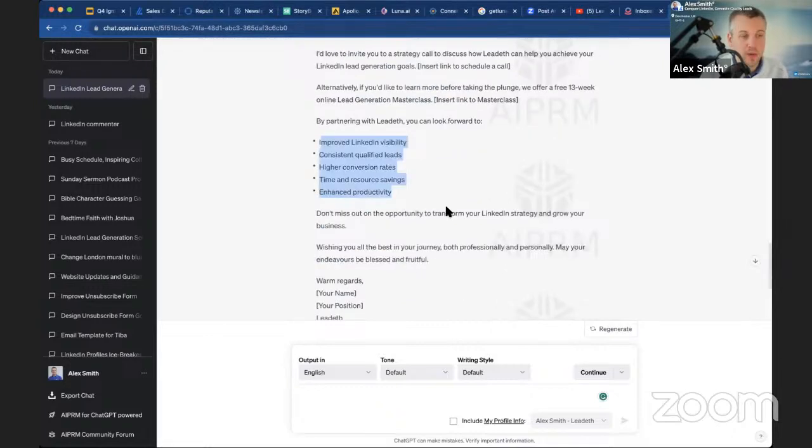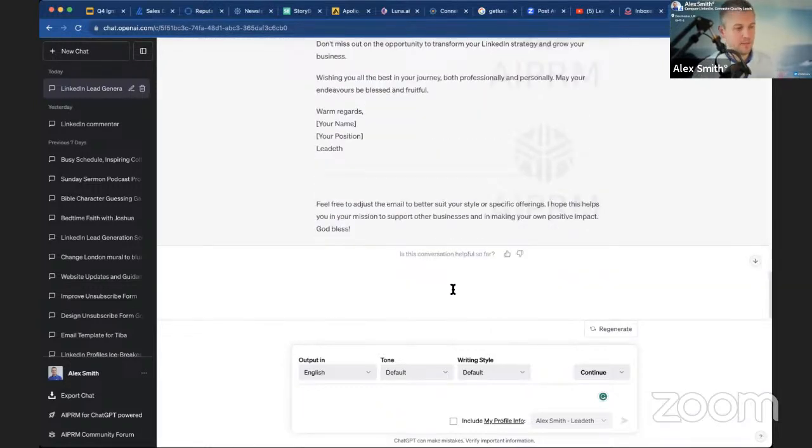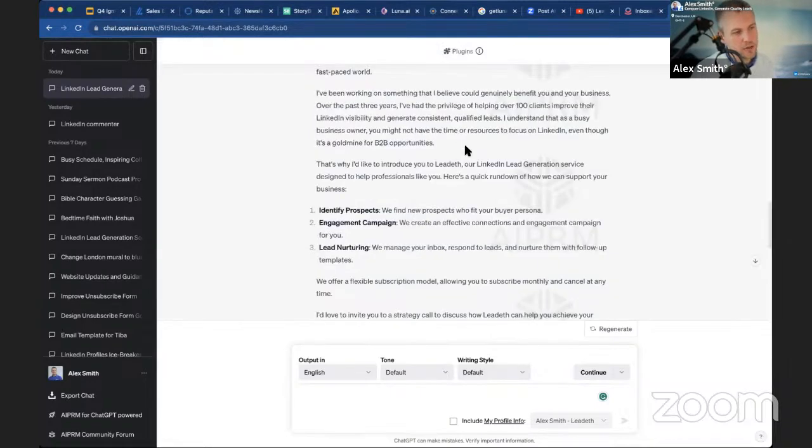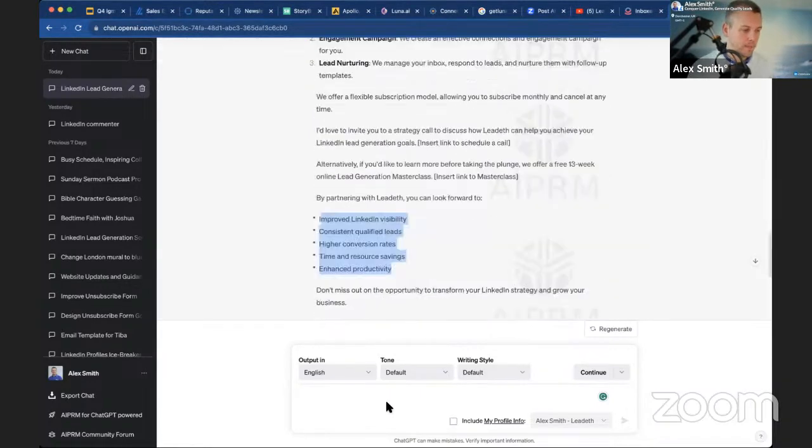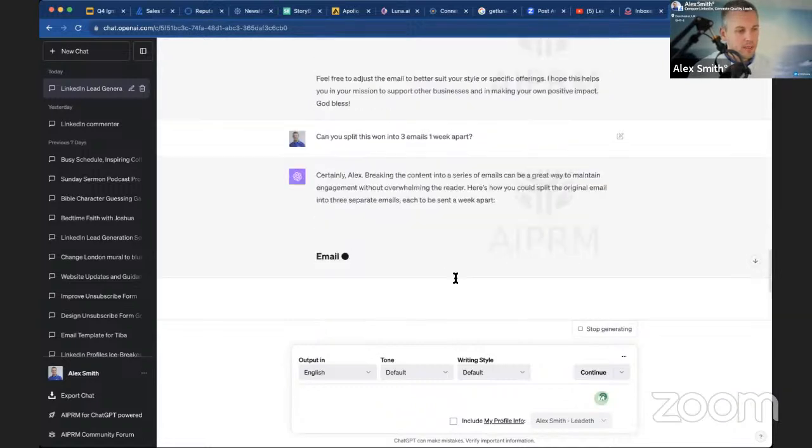So it's quite salesy. So we could then go back and ask it to refine it, reduce it, maybe not make it sound so salesy, or we could say, can you split this into 3? Can you split this down into 3 emails 1 week apart? Something like that. And then we know we can send email 1 on the first week, email 2 on week 2,